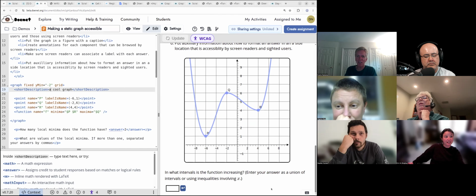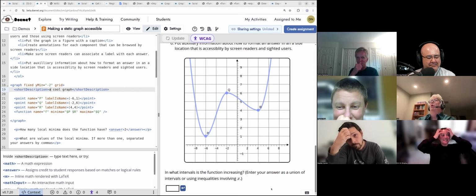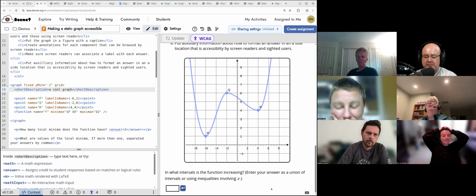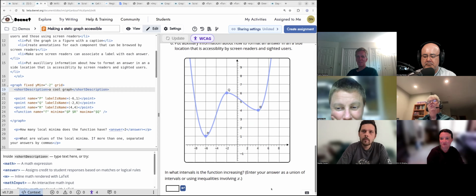I'd really like to hear somebody's short description that's shorter than mine that works. I'm so curious about a real one. I'm not sure mine works, but I have a really hard time with the describing of graphs because it gives away so much of the mathematical information that we want students to do in interpreting the graph. So I wrote my short description very